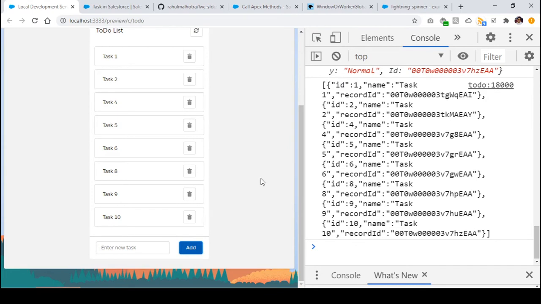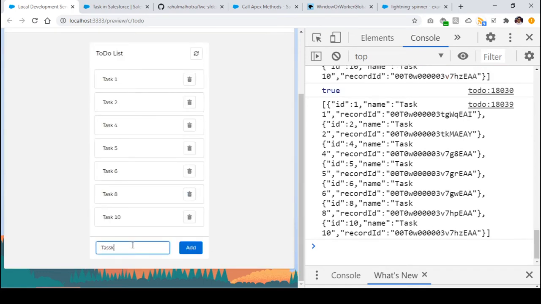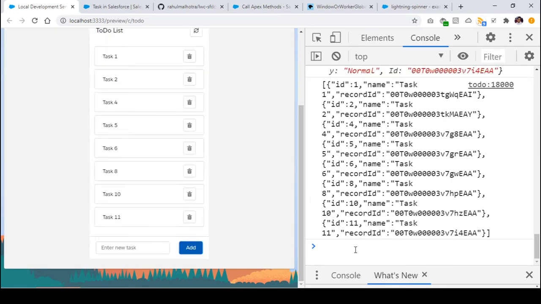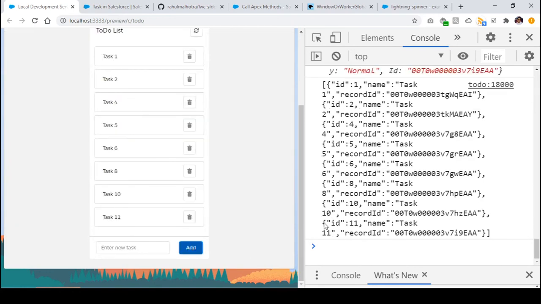Let's say I deleted task number 9, and I'm adding task number 11 here, right? So in this case the ID will be 11. And in case I deleted the task with ID 11, and I'm adding a task 11 again, then it will be again with an ID 11. So this is perfectly fine, right? So this is how we are now dealing with the duplicate keys.